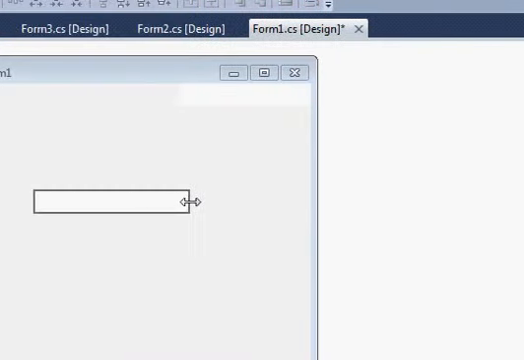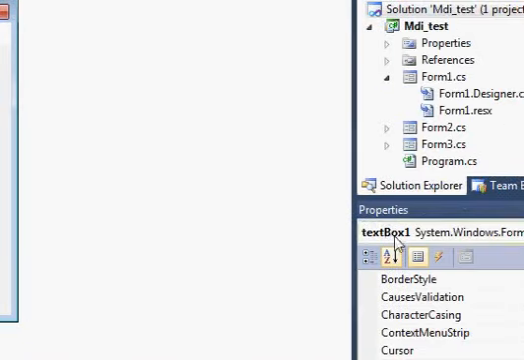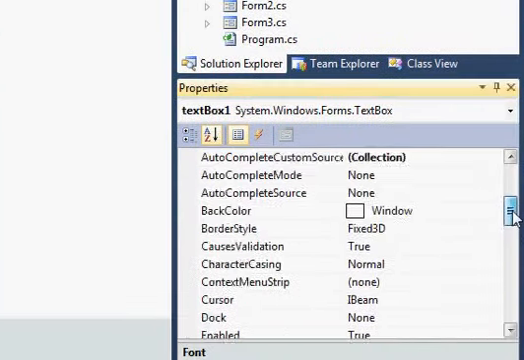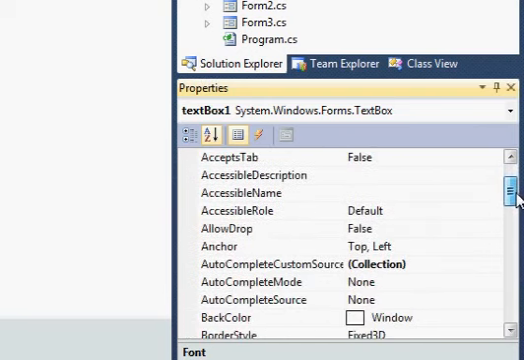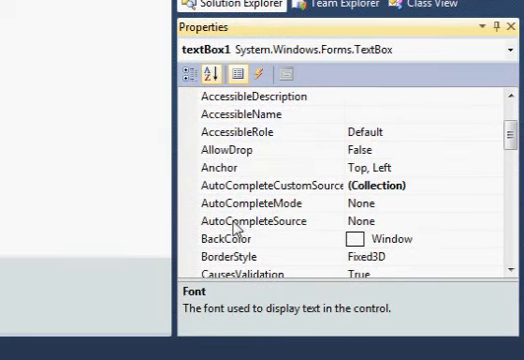Okay, and once again select your text box, and C Sharp Windows Form application allows you to set the properties for autocomplete. So just select this text box, go to the properties here, and you see at the top three properties: autocomplete custom source, autocomplete mode, and autocomplete source.